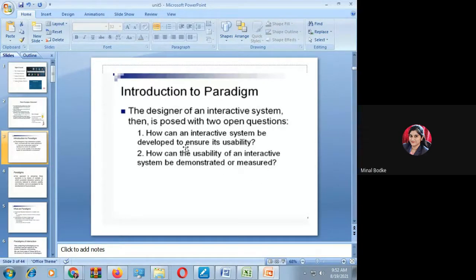The first point is saying that you have to ensure first. You have to check whatever system you have developed is usable according to the principles, whether it is user friendly. And the second point says that if you are saying it is usable or user friendly, how are you going to measure that? This measurement technique you are going to study in the fourth unit, that is, how to evaluate your interface using the GOMS model. So these are the two points the paradigms covered.